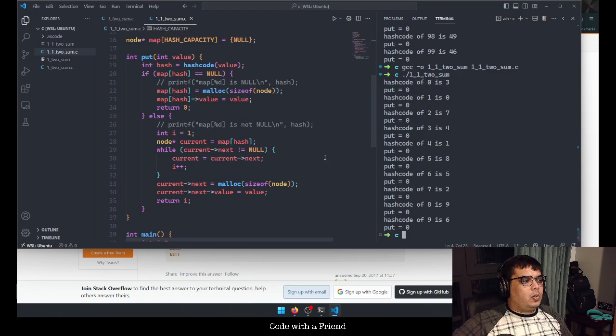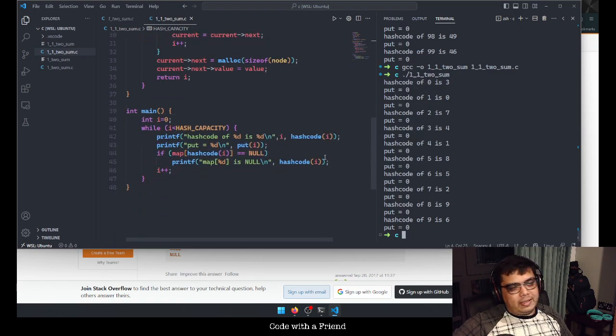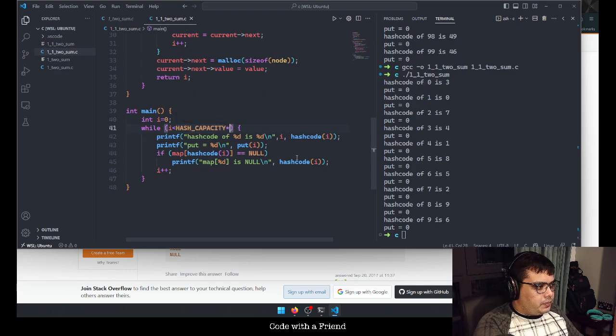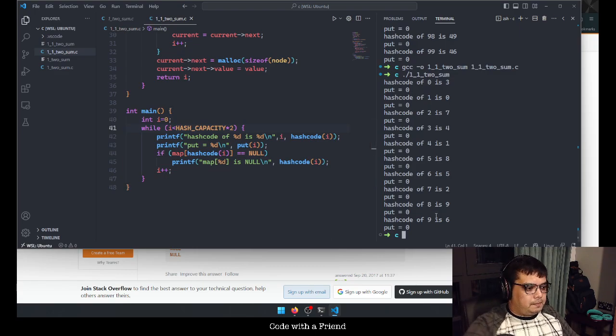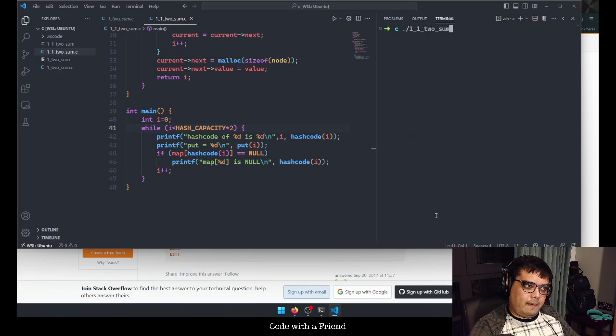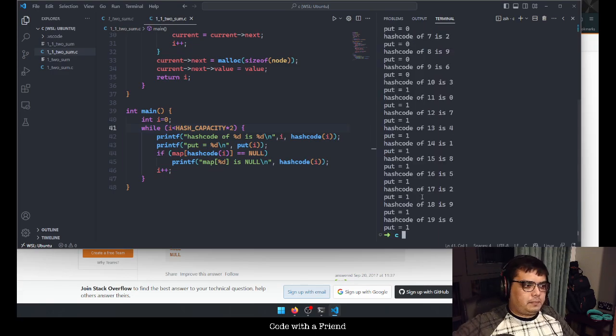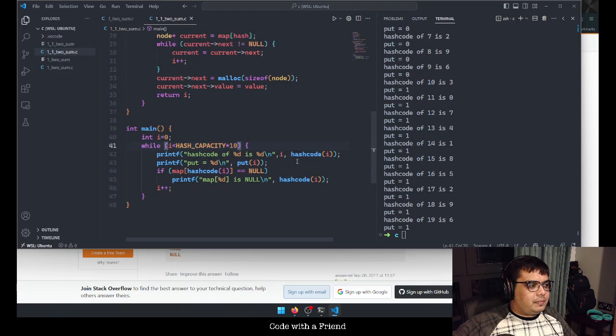So I think our code is not wrong yet. At least it has not been identified yet. But if we have twice the hash capacity, then what? So now put is all one, right? And then if we have like this,